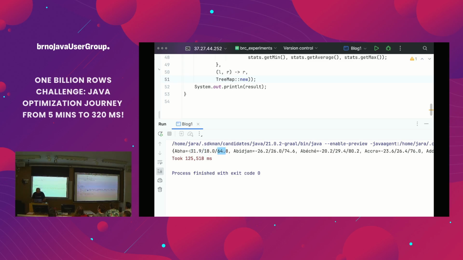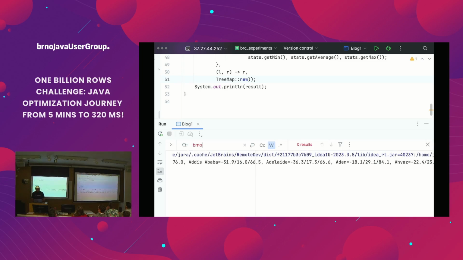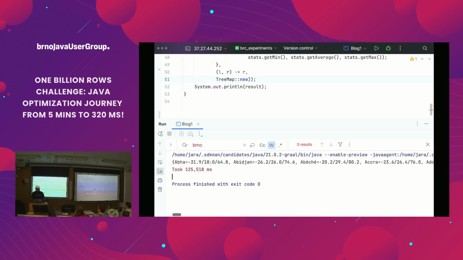Even I don't know where. Do you know where Abha is? I never noticed such a massive difference between minimum and maximum. But this is 74, so maybe these are made up temperatures, because I don't think 80. Okay, that's made up unless they measure in a sauna. Do we have Brno there? Pardon? Do we have Brno there? I am not sure. No. There are only significant cities such as.